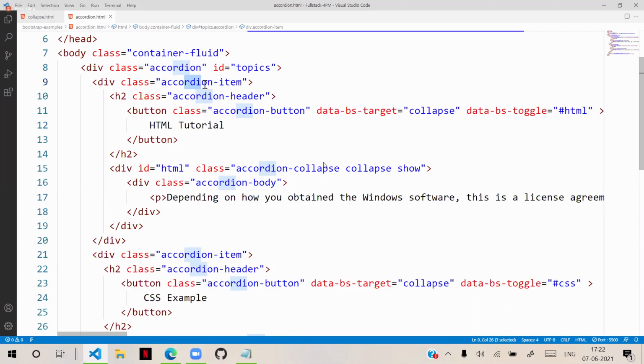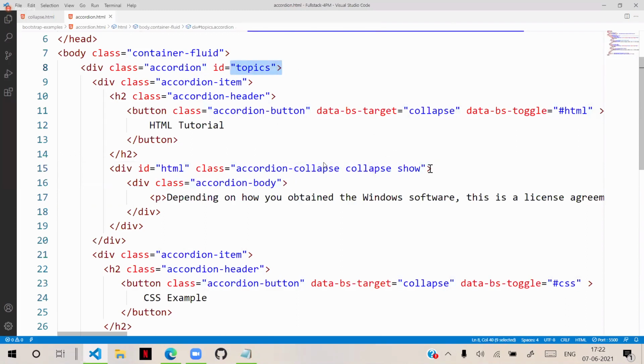In older versions, we could refer to the topic name, but not here. Whenever you design a collapse, this collapse is for HTML. This collapse should work for topics.